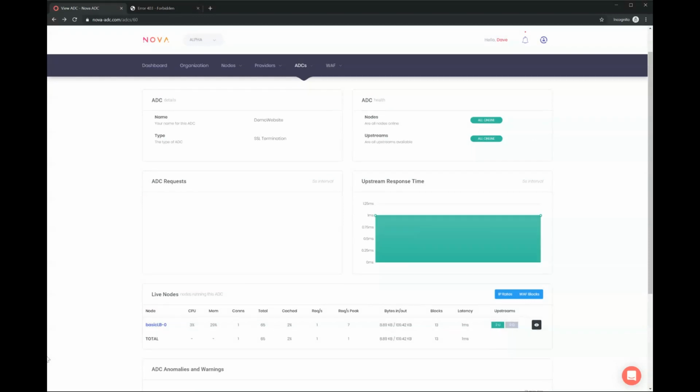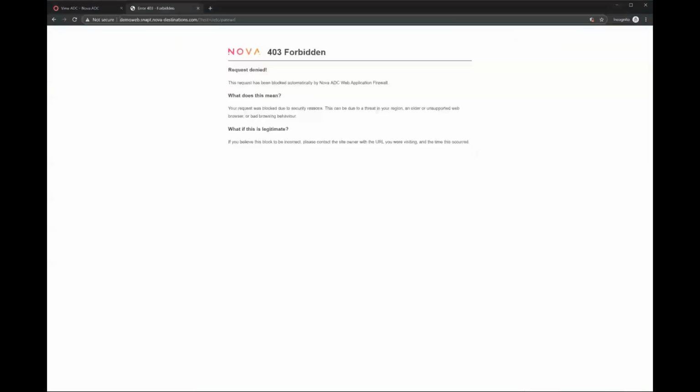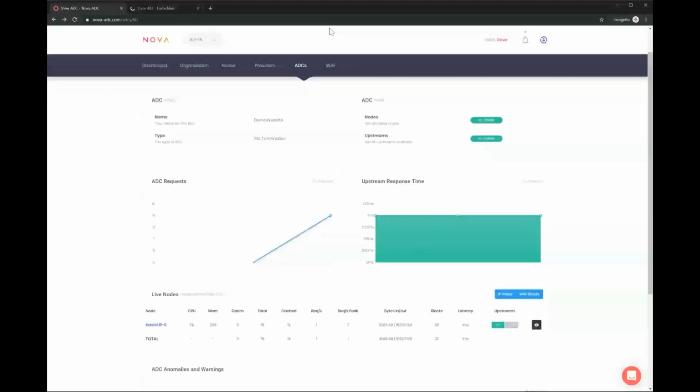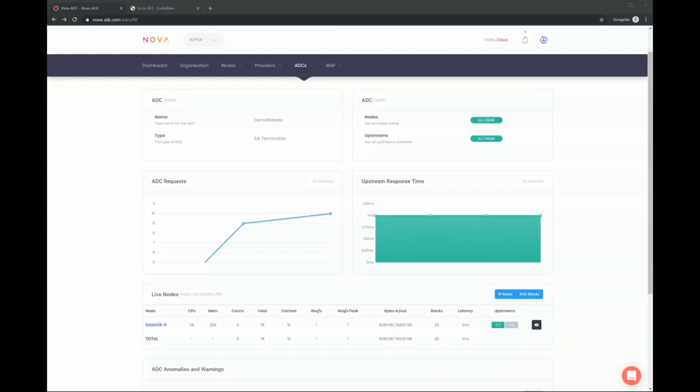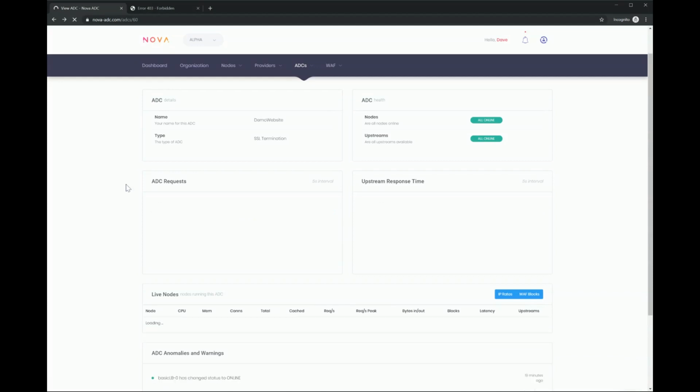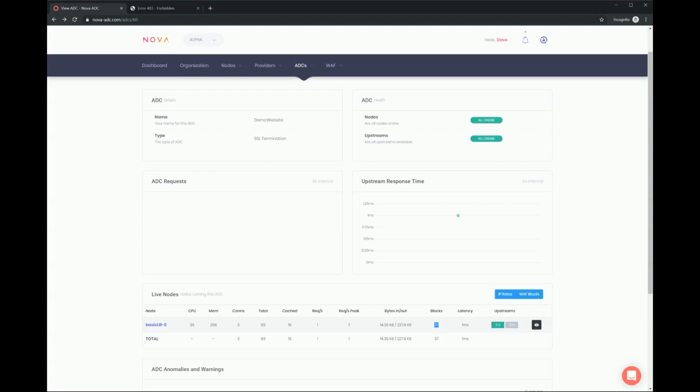If we get some real requests here, then we'll start to get some data. So we can see some of its requests coming through. It's going quite slowly at the moment, obviously. It's just a local tool. It's actually called Nikto, if anyone ever wants to use it. But we can see, now we're up to 37 blocks and so on.